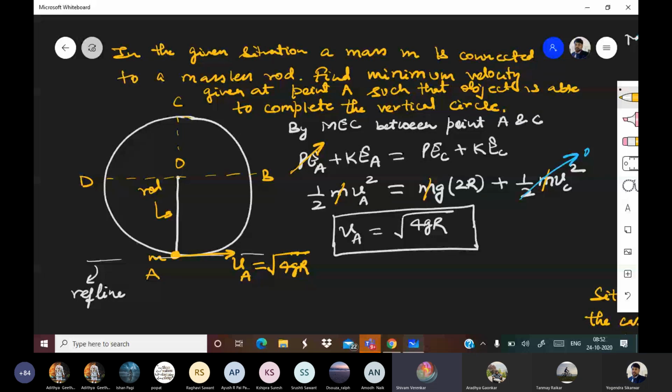Understood. Just in situation B, how can the vertical circle occur? Have you seen these death wells where objects keep on moving on vehicles in different paths? Same thing. It will complete the vertical circle. Don't be amazed.